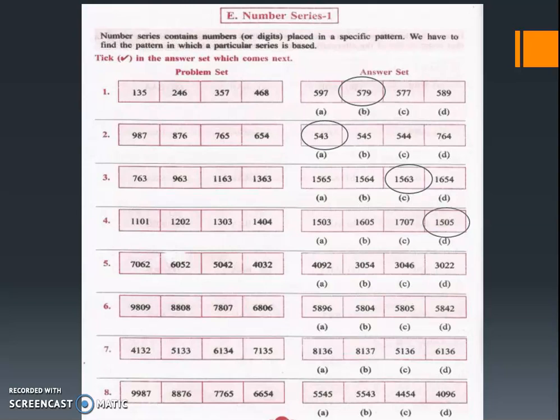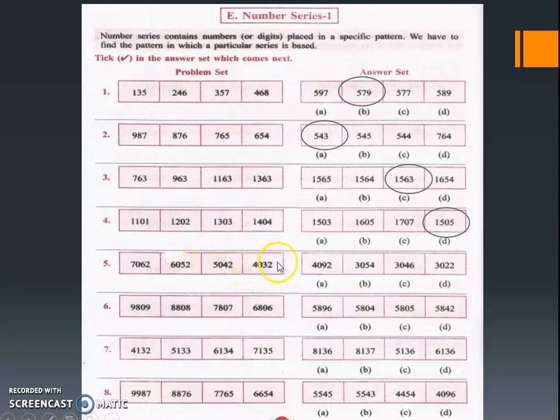Is it clear or not? So again, in the same manner, if you are checking all the other questions, you can identify the pattern and mark it out. So one more I will do. 7062, 6052. If you are checking the first value, in the 1000s place 1 is getting reduced. In the tens place also, 1 is getting reduced. Correct? So 1010 is getting reduced. Correct or not? 7062, 6052, 5042, 4032.